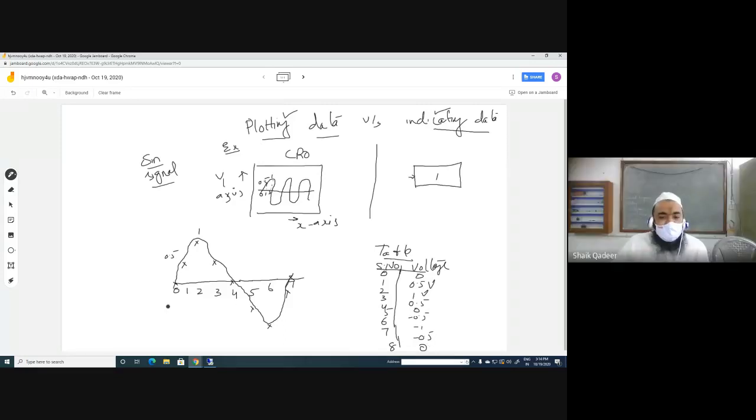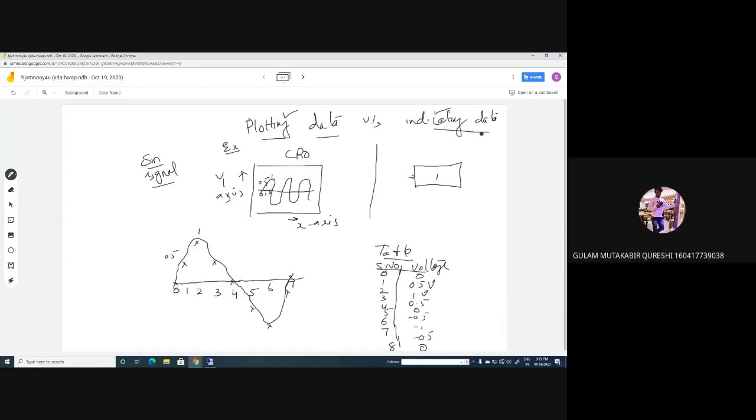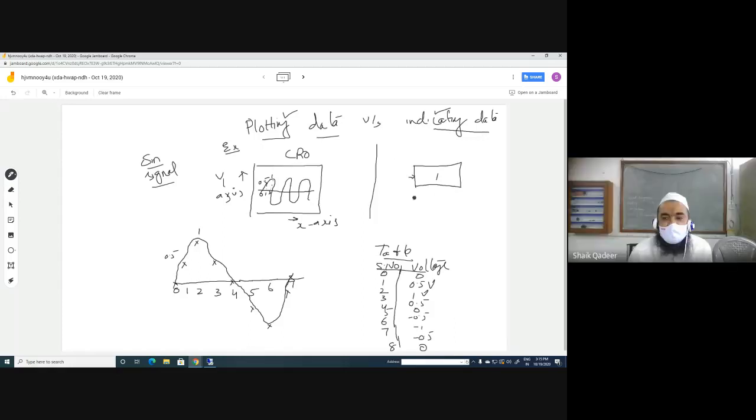Now see, if you want to have the interpolation result in the form of visibility, then we go for plotting of data. If you want to have a discrete result to be displayed one at a time, we go for indicating display. So on an indicating display, there will be only one result at a time. How about a plotting display?